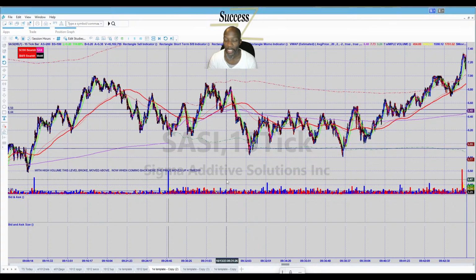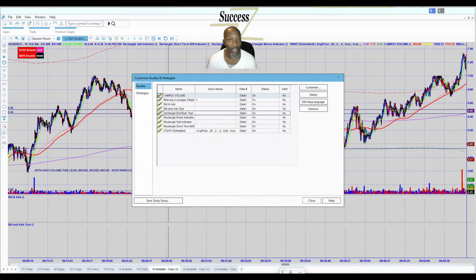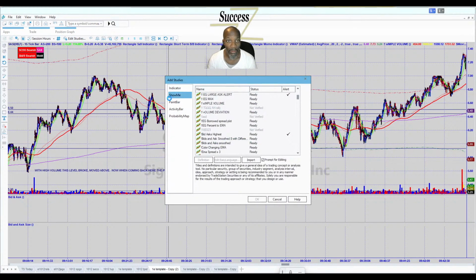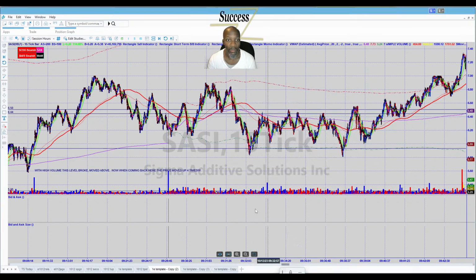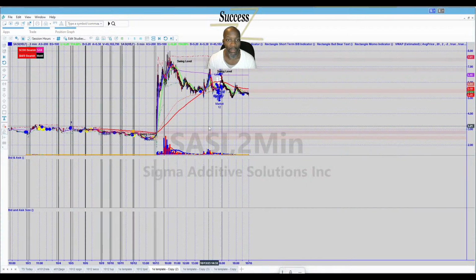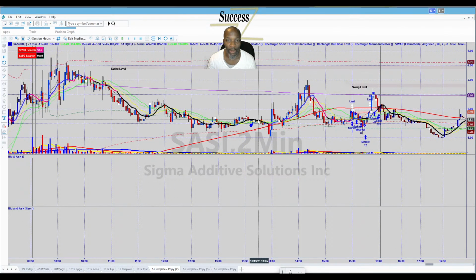Alright, so sassy. What do I have on this one? One more bid size. Flat slope. Okay, it's on this one. Alright, so again, the flat slope is pretty much where you have an area where the slope is flat,